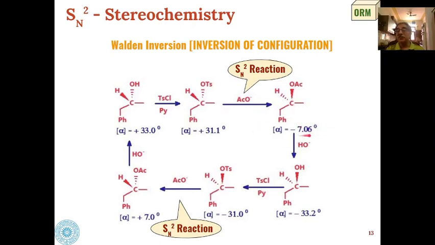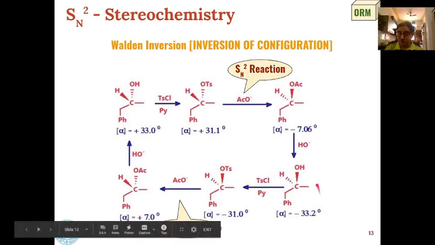So when this dextrorotatory reactant was reacted under SN2 conditions, this changed into a levorotatory product, acetate, which was having the value minus 7.06. And then hydrolysis of this acetate will be done, and hydrolysis will affect only the oxygen acetate bond, but this oxygen carbon bond will remain intact. That means the configuration will remain the same. So when hydrolysis is done, we will get this alcohol as the product, and we can see that this was levorotatory and this is also levorotatory. So this is also having a minus value, this is also having a minus value.